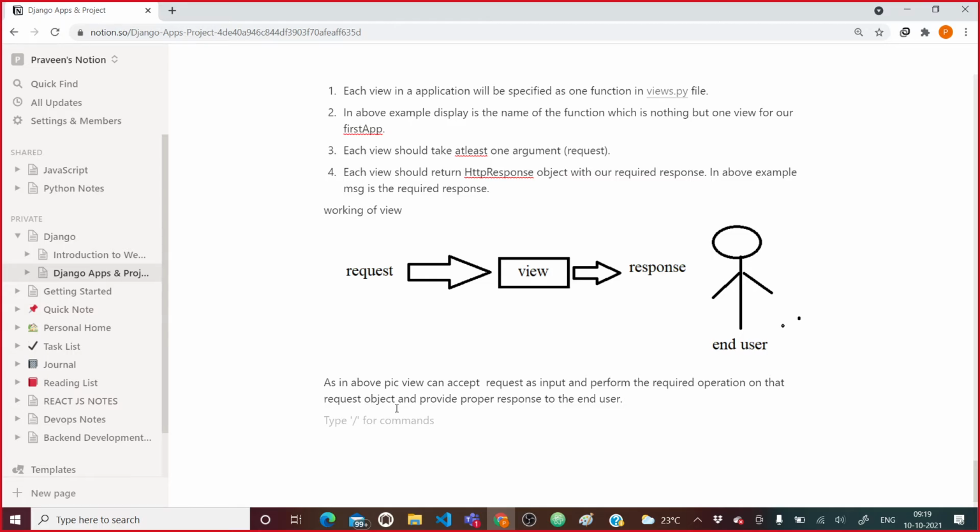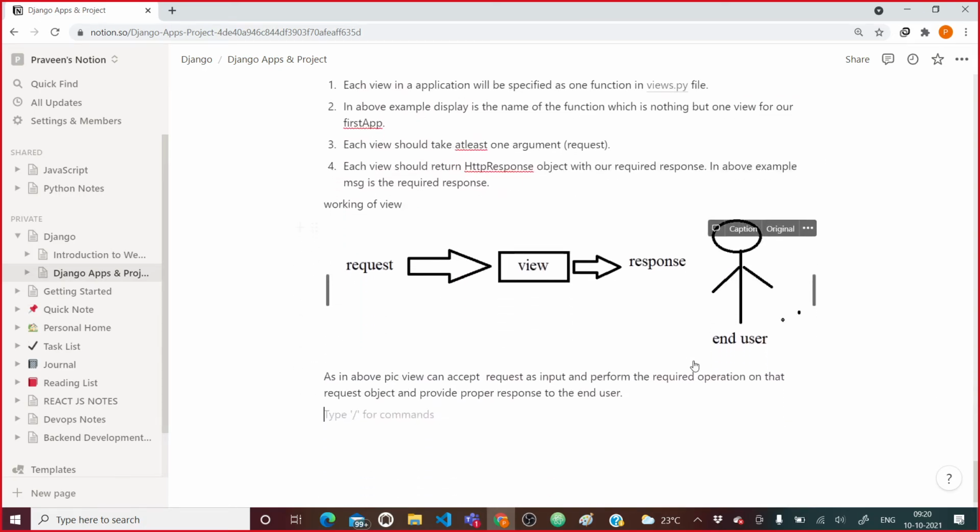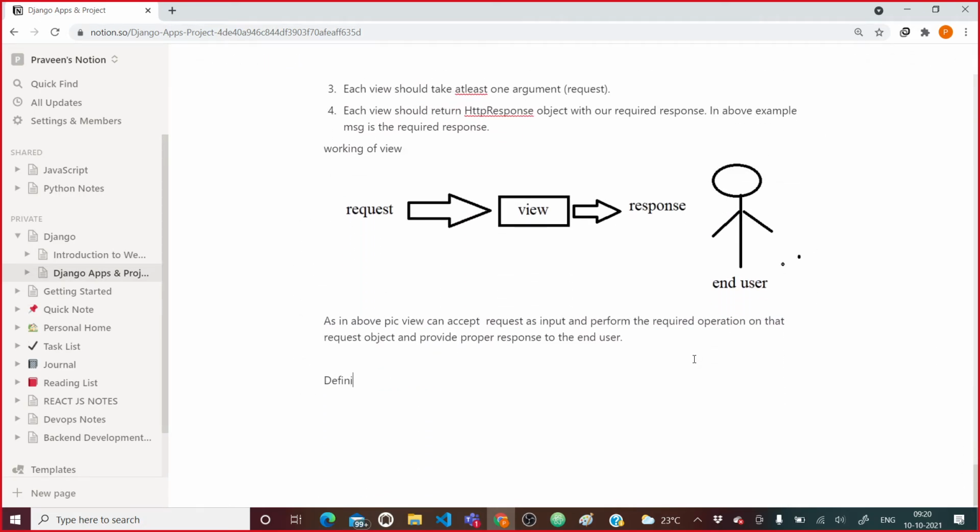Now after this, you have created or configured a proper response, but how to feed it? Now the most important thing, we need to define a URL pattern for our views. The next required activity is defining a proper URL pattern for our views, through which we can send the response to the client or end user.